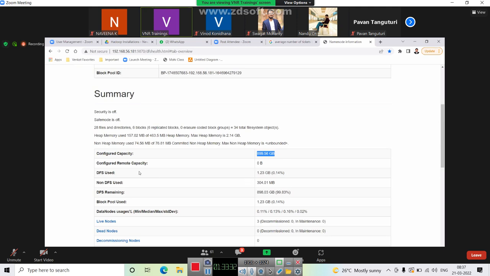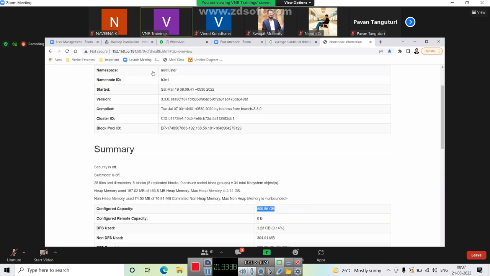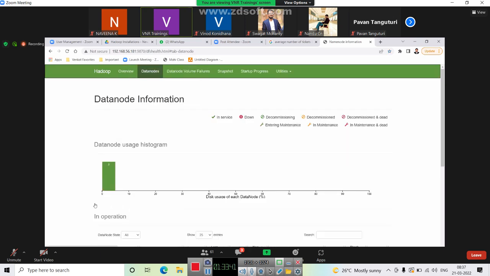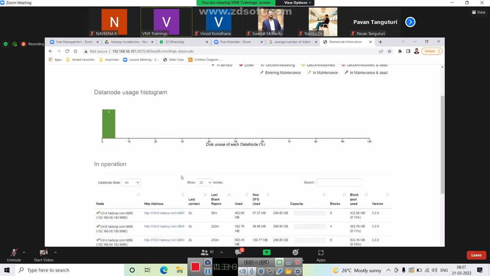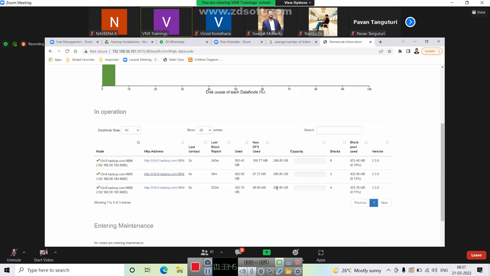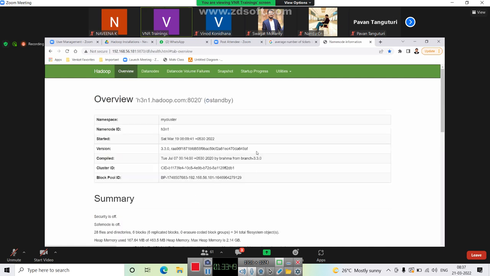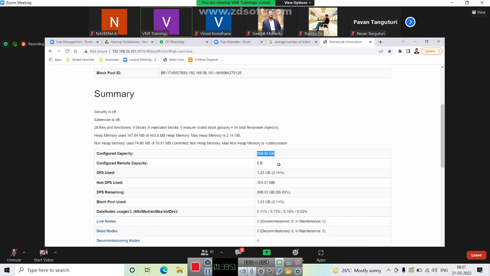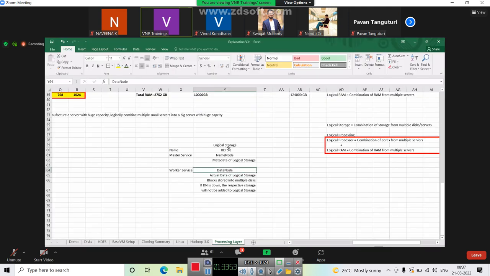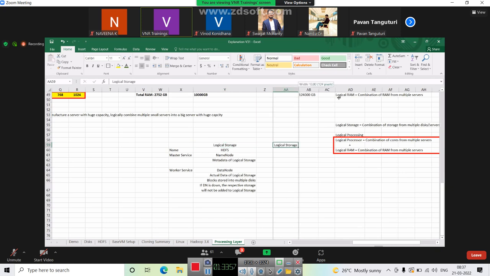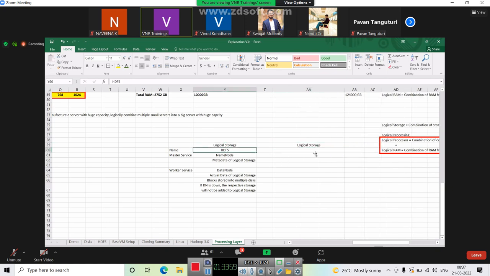Okay. So the name node will show all this together like a single capacity. But data nodes will tell their individual capacity: this is my individual capacity, individual capacity, individual capacity. But the name node will show the overall single capacity. In the same way, when it comes to processing, it is called as